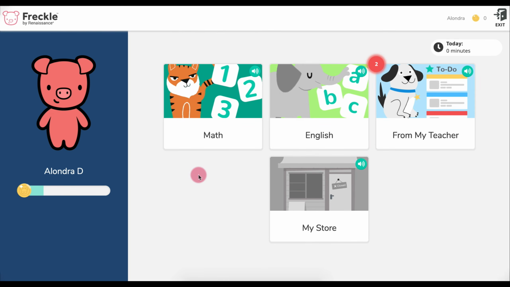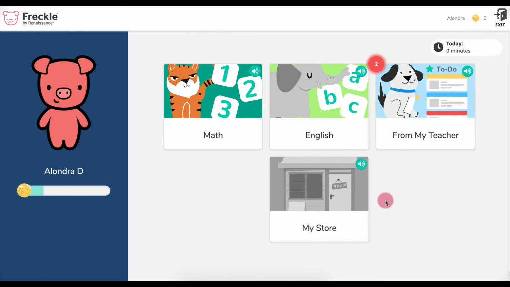And you can see all of the different subject areas here. We have math and English. You can see the assignments that your teacher has assigned you here. And there is a store that opens up for you to dress your characters and change their clothes. And it's really fun. It's an incentive for your students because as they get questions right and work their way through assignments, they earn points and coins that they can use in the store. And this will unlock for a limited amount of time for your students to go ahead and spend the coins